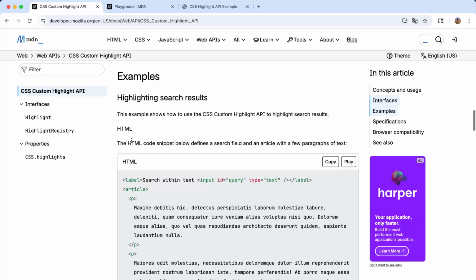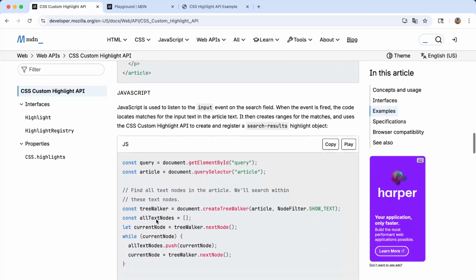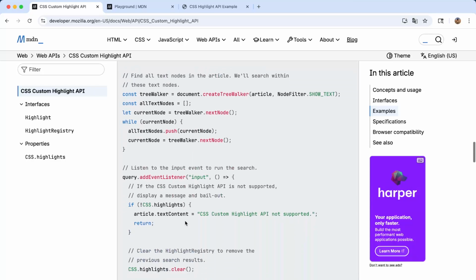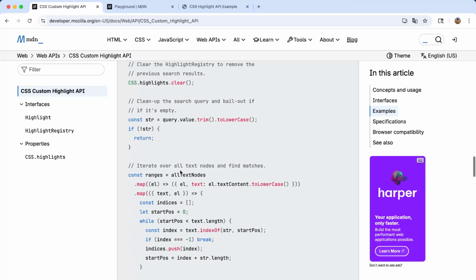And one of the examples that I think is a very nice one is to have a search within the text and then a query and then some text right here. And then the JavaScript to do this is you need to construct a tree walker. You can do this with document.createTreeWalker. You have all the text nodes then, and then in all the text nodes you can create an array of all the nodes, and then here you just clear css.highlight.clear, and here we have